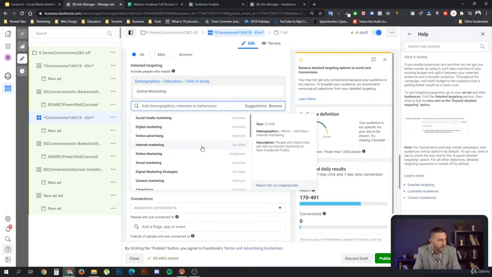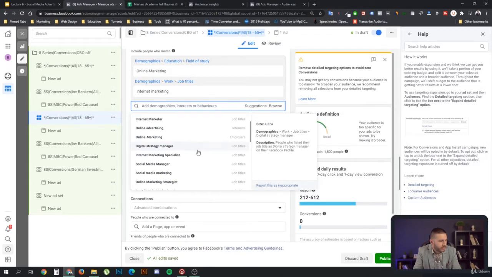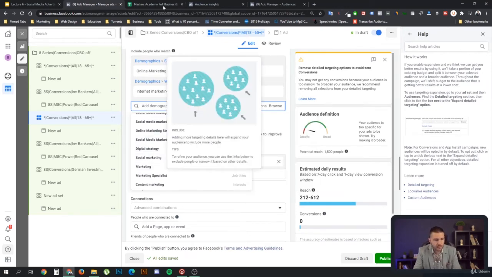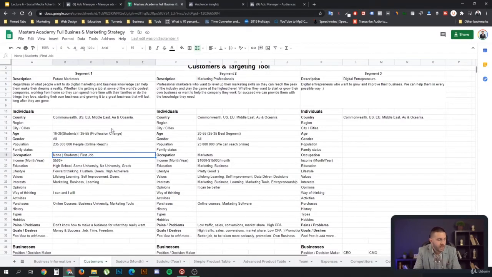So we have some employers, internet marketing job titles is interesting, so we can add that. And then we have digital strategy managers. We have some very cool online titles here, and these can potentially be used within our segments. And you have to understand the fact that we logically separated these segments like this does not mean that we are going to be targeting them the same way. It doesn't always work that way. Ideally, yes, we would, because